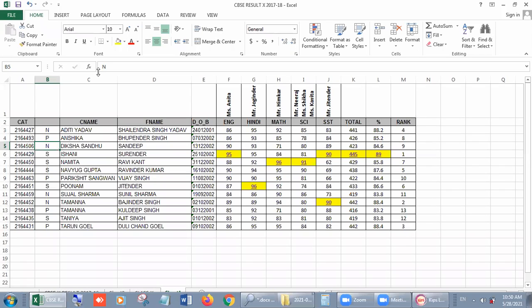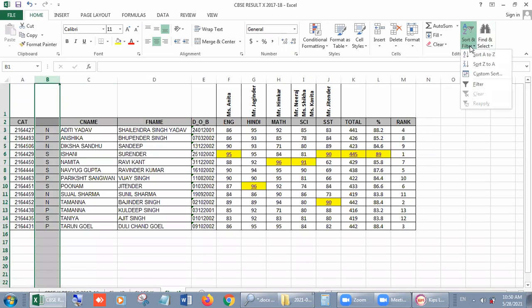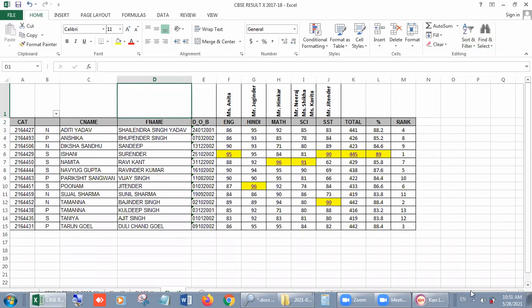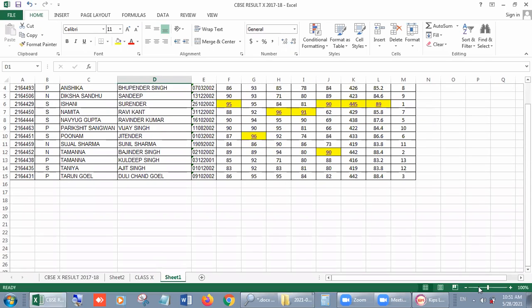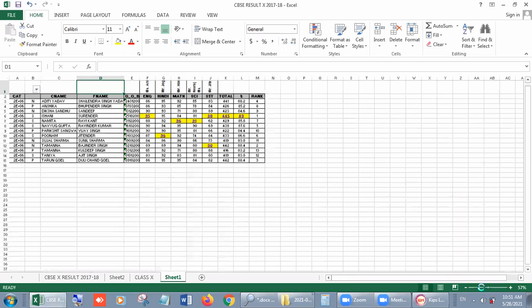Now you can observe. First of all, we have to select the column on which we want to apply the filter effect. Click on B, the entire column will be selected. Go to the same place, sort and filter. Now this time no custom sort, this time filter. When you click on the filter button, you have noticed that one, I'm showing you with the large screen.